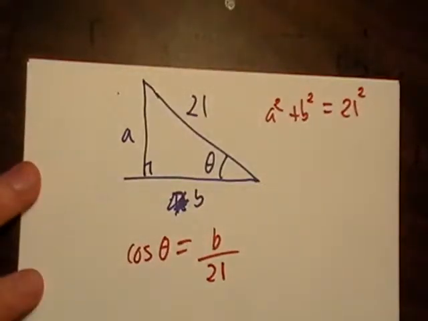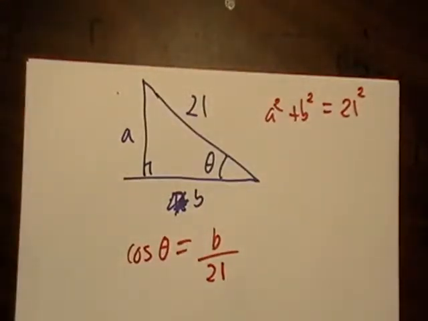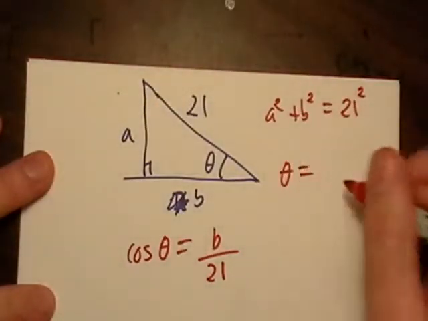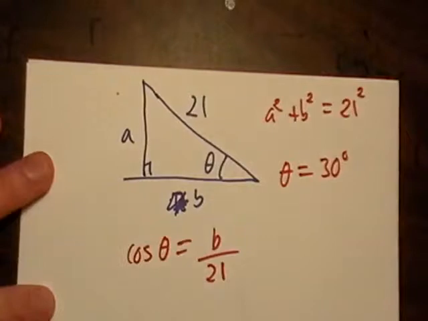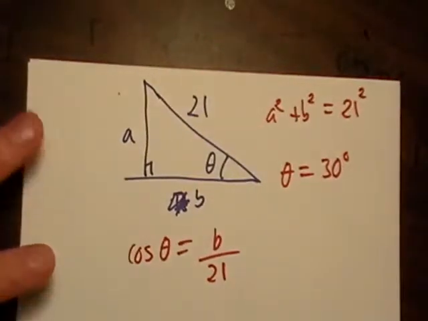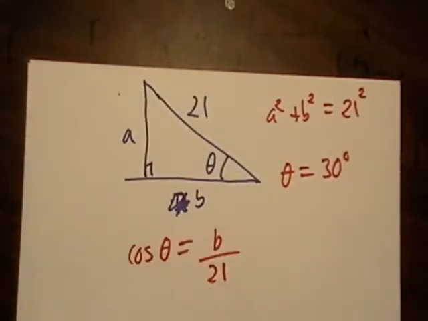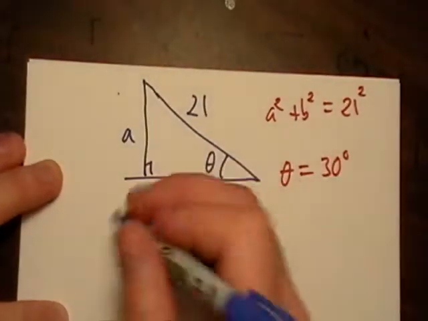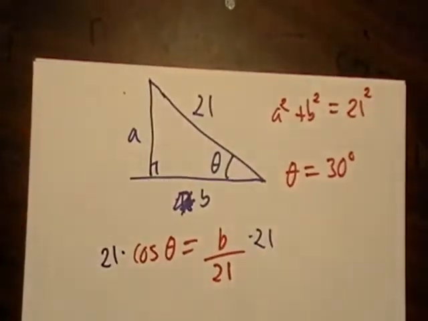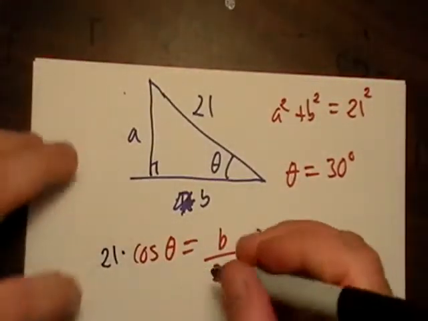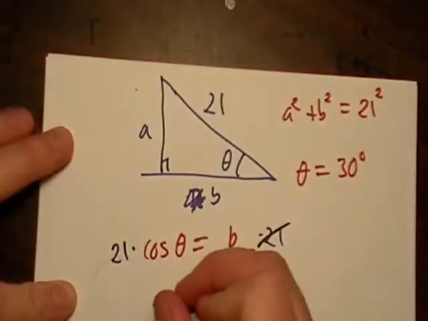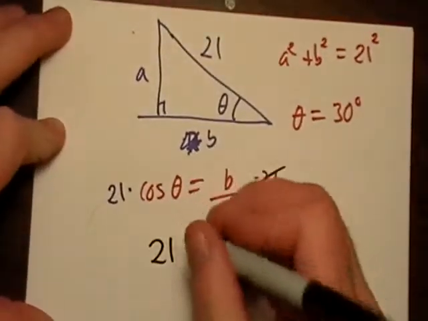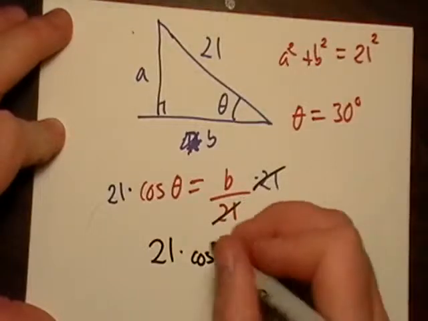There's another piece of information you're going to have to know, so let me just give it to you. Theta is going to equal 30 degrees. Before we get into that, let's just solve for B real quick. B is the unknown, so let's multiply both sides by 21. It's going to cancel out, so we're going to end up with 21 times cosine of 30 degrees